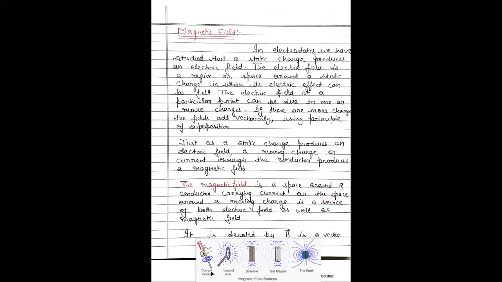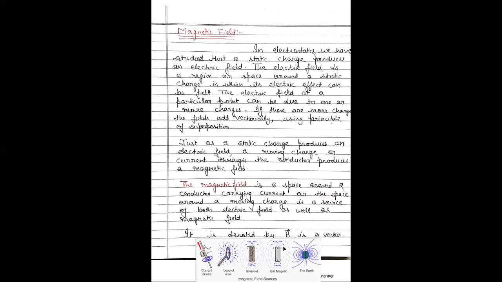Here are some sources of magnetic field. Current in a wire also produces magnetic field. A loop of wire also produces magnetic field around it. This is a solenoid. These lines are the magnetic field lines. Here is the bar magnet where there is a north pole and this is the south pole, and these lines represent